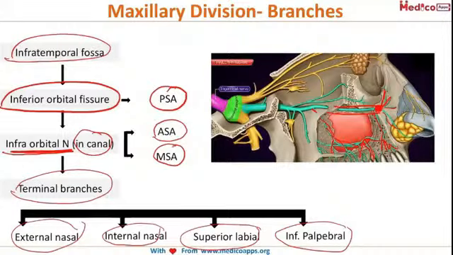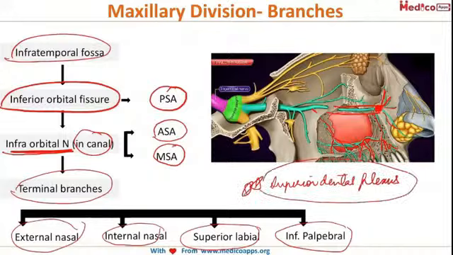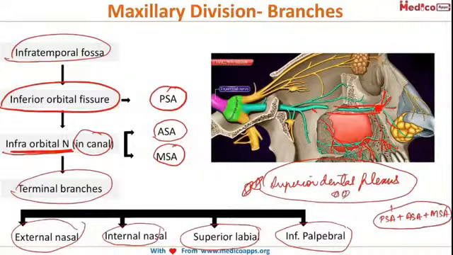One thing you should remember is that there is something called the superior dental plexus. Remember this. The superior dental plexus is a plexus of nerves that supplies the upper teeth and the mucosa associated with it. It is formed by the posterior superior alveolar, anterior superior alveolar and middle superior alveolar nerves. All of these together form a plexus, that is the superior dental plexus, and supply the upper teeth. So these three nerves together form